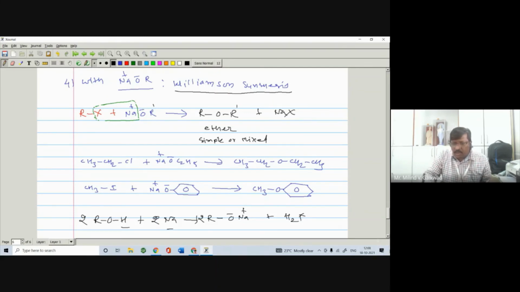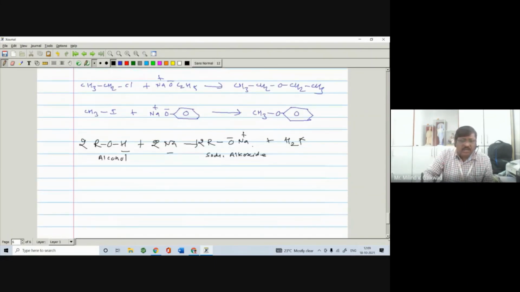Okay, so this is the compound. Alcohol reacts with sodium, and there is the formation of sodium alkoxide. In this way, you are getting the corresponding alkoxide and you can get the corresponding product, right? Now, next one, formation of alkene takes place by the elimination reaction.